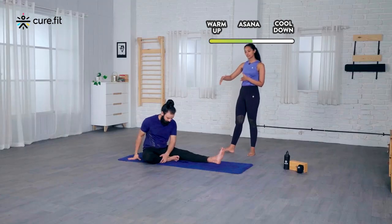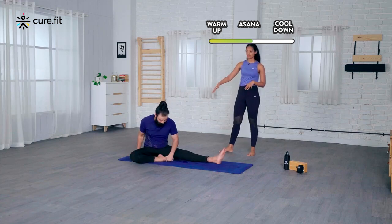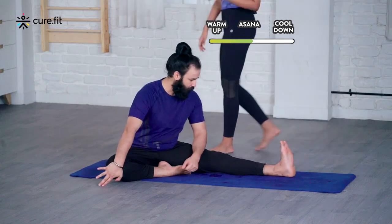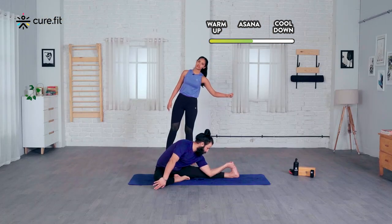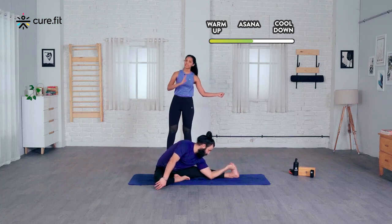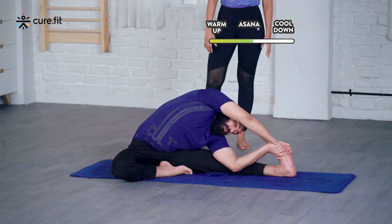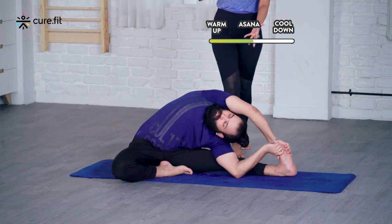Now you want to make sure that you're pointing and opening up your right knee as much as you can to elongate and increase the distance. Once you've done that, you're now going to be taking the left hand, extending forward, gripping the big toe and really pulling. Now you can bend your elbow here and take the right hand over the head and place it and catch the foot. Now you can see your face comes right between your arms and you open the chest